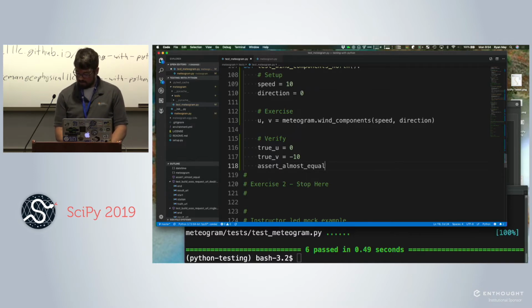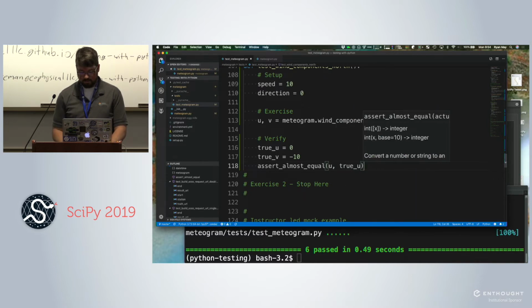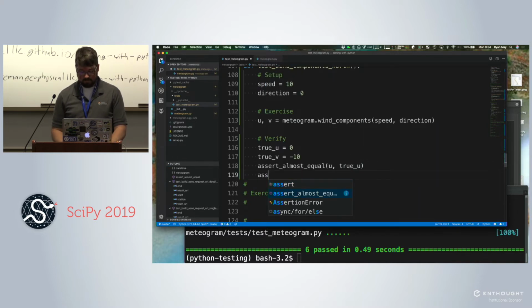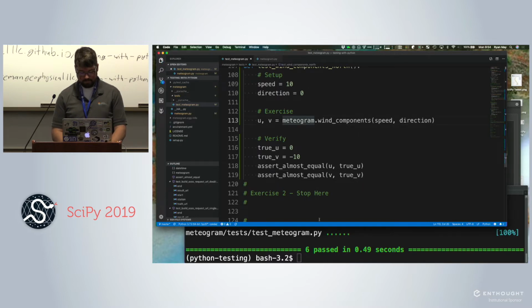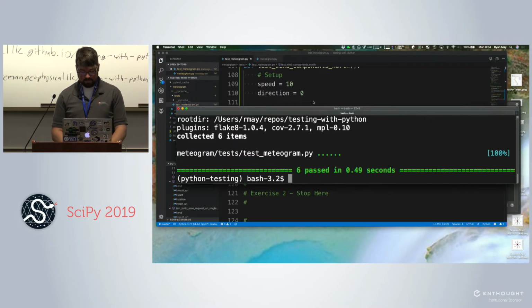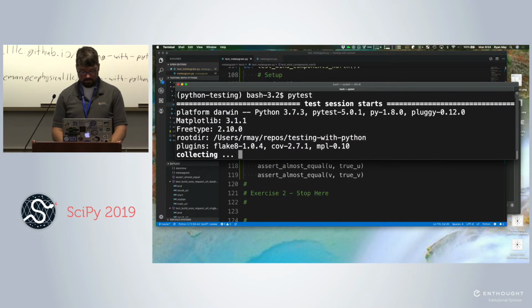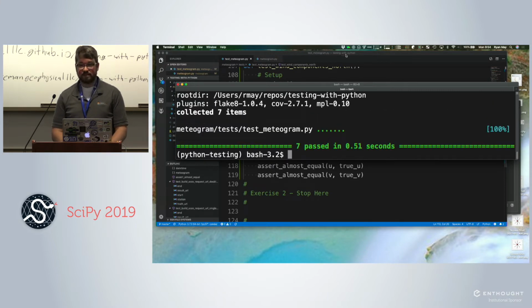We have trig functions involved. So U and true U, assert almost equal, V and true V. So now if I run that, I have 7 passing tests.